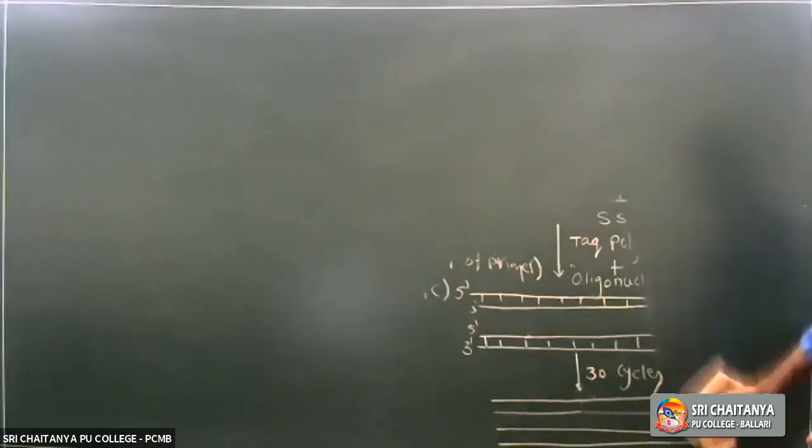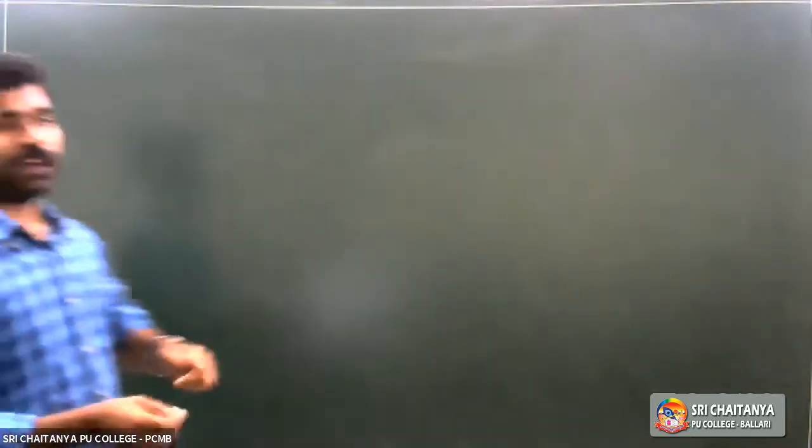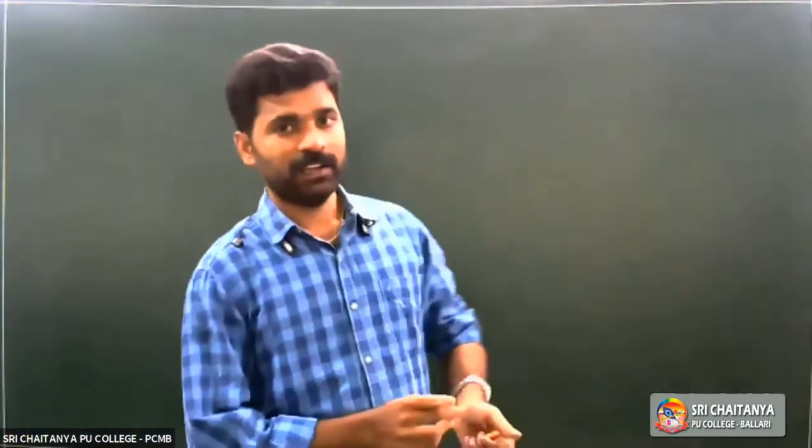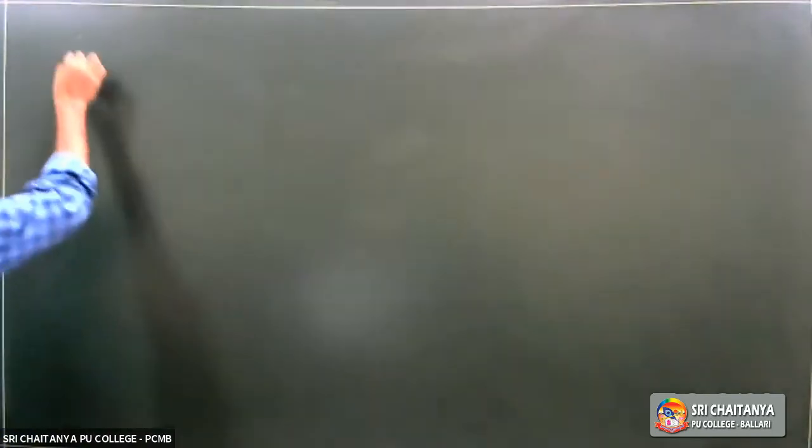Next step, I think the fourth step. First step, isolation of genetic material DNA. Second step, fragmentation of genetic material DNA by using RE. Third step, separation and isolation of genetic material by using agarose gel electrophoresis. So now come to the fourth important step, that is